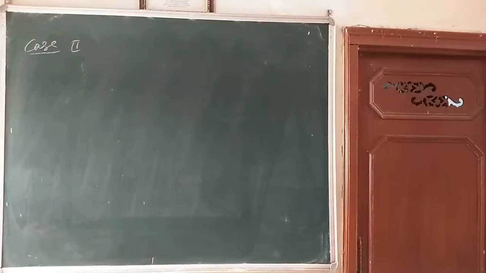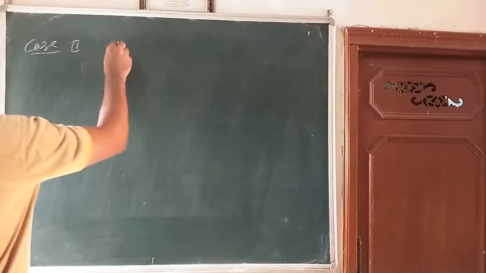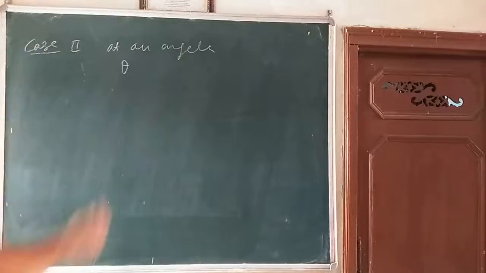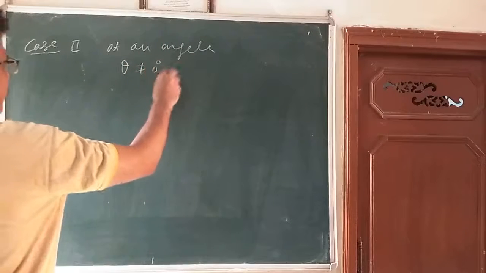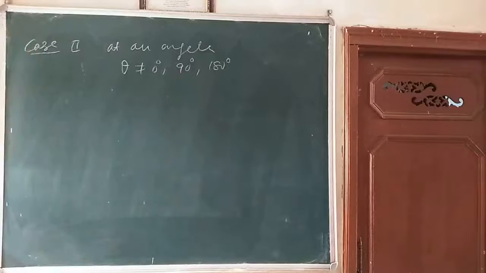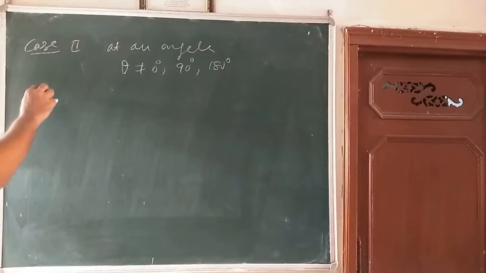See, when the charged particle is moving at an angle theta, which is not equal to 0 degree or 90 degree or 180 degree, none of these, other than this, the particle is moving with a constant velocity. Say like this. Suppose